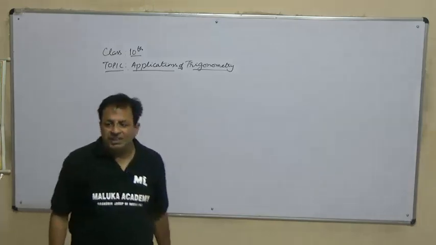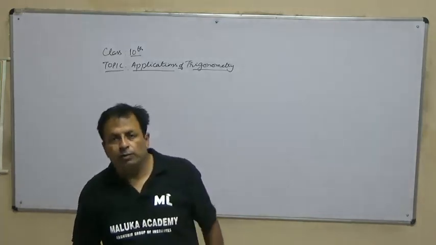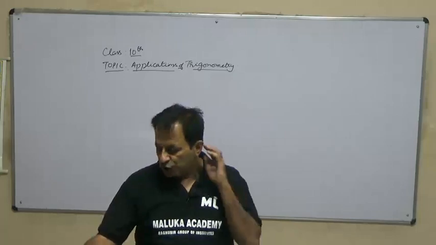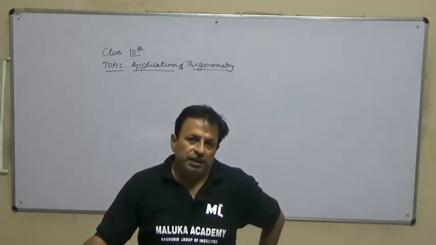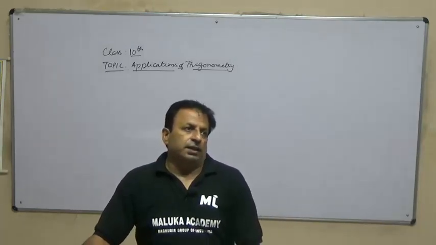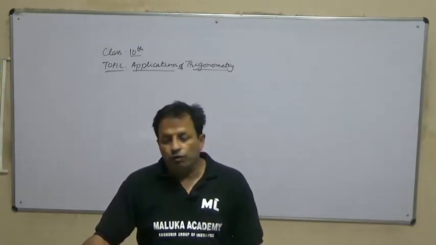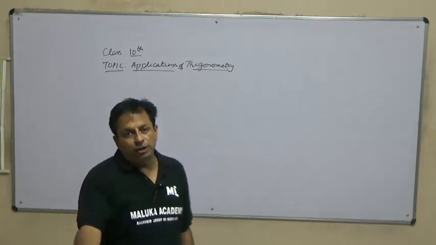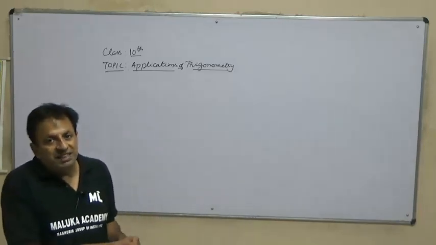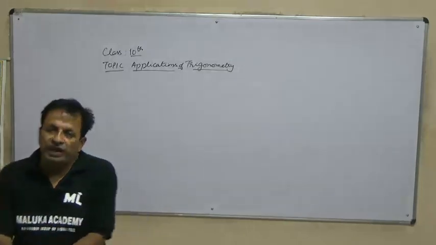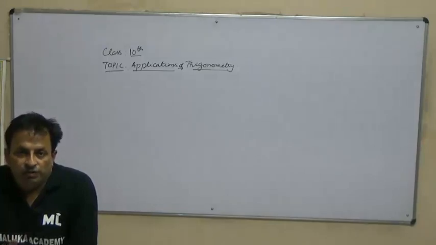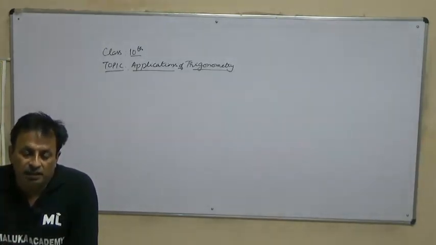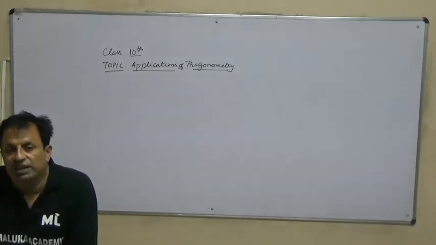Now, in the previous 8-9 lectures, we did trigonometry, its ratios, then finding trigonometric ratios of different angles, then complementary angles, then we proved the identities. Now we have certain applications of trigonometry. Trigonometry is basically used to find the height and distances of large buildings. We want to find the height of large high buildings and distant objects. We can find the distance.